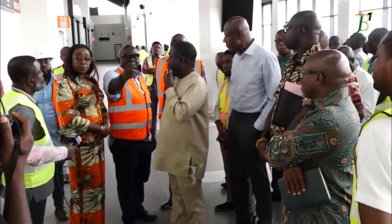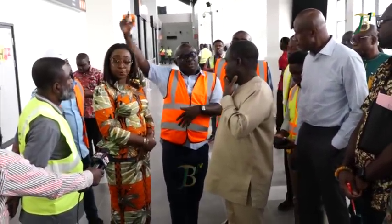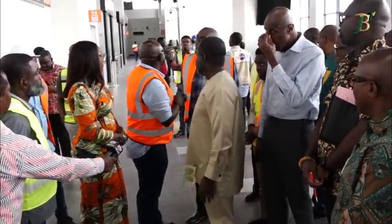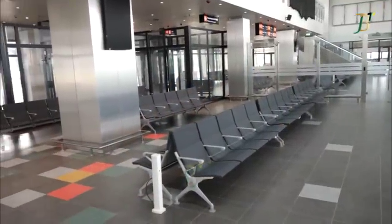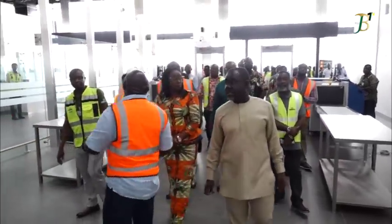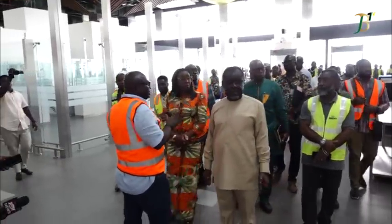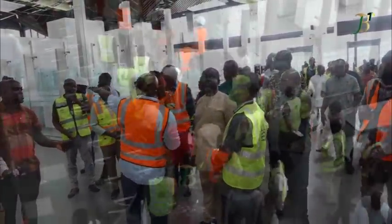You arrive to there, you need to exit and then start your departure process. So you don't do one side. What kind of commercial area are you in? I think it's in the heart of that. So we have for domestic, the design of the departure area was also different. So you have